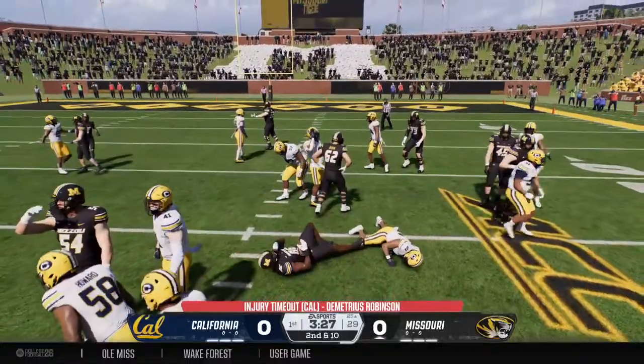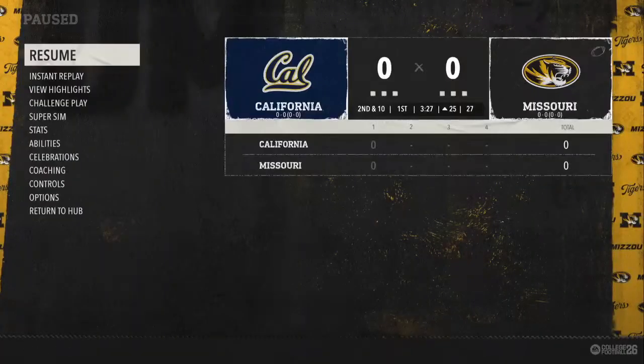And how about the work up front by that big defensive...